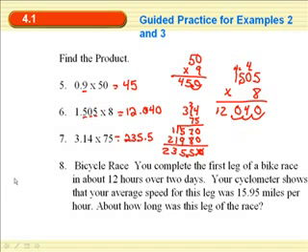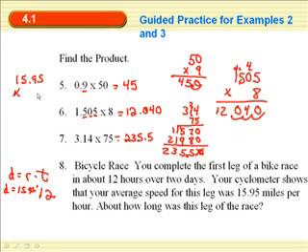So there's our distance formula. Distance equals rate times time. You did it for 12 hours. There's the time. You went about 15.95 miles per hour. What was your distance? So we're going to take